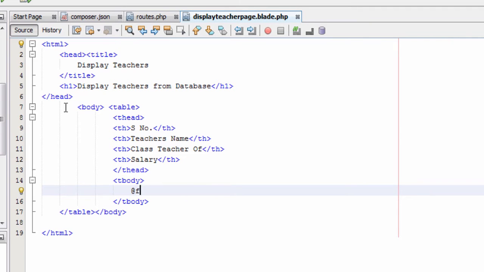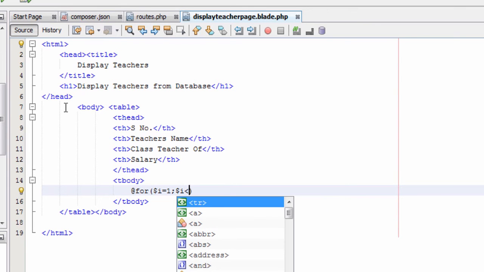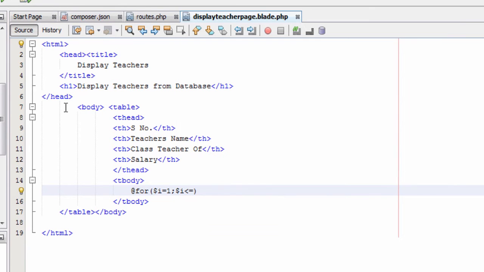We will run a for loop and extract data from the database table and display it in the table td tag, the table data tag. So we will type @for open bracket $i equal to 1,